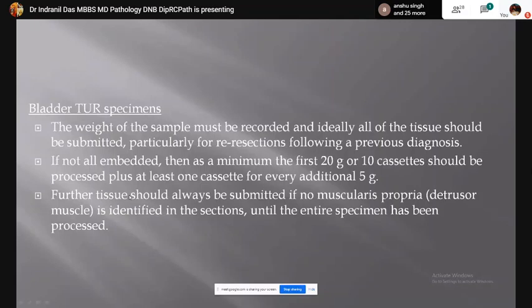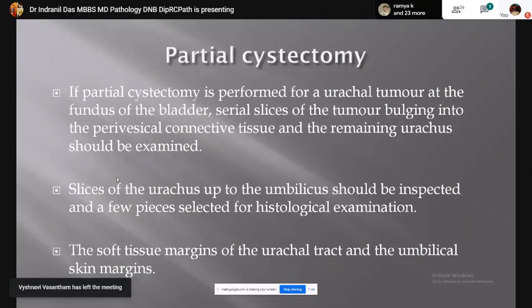Now, for the bladder transurethral resection specimen, the weight of the sample must be recorded. Ideally, a minimum of the first 20 grams or 10 cassettes should be submitted, plus at least one cassette for every 5 grams of tumor. Further tissue should always be submitted if no muscularis propria is seen in the histological examination, until the entire specimen has been processed. In a partial cystectomy specimen